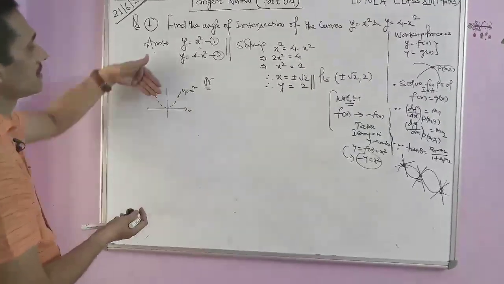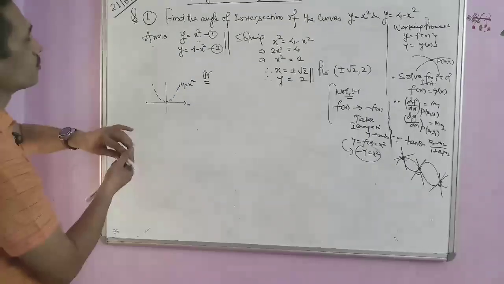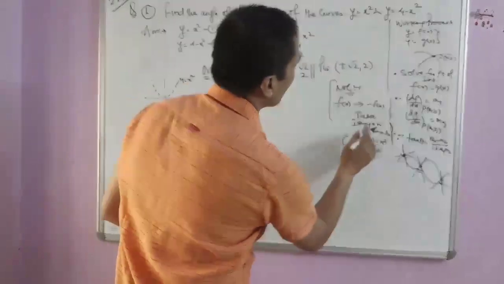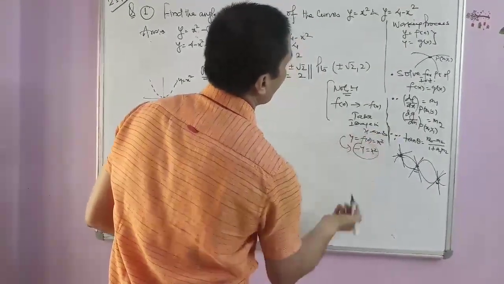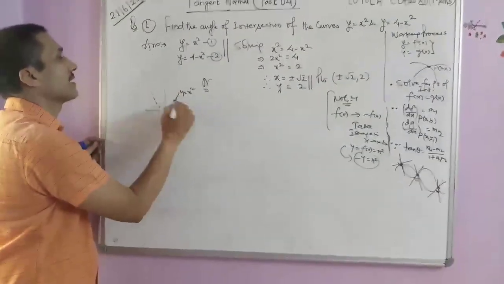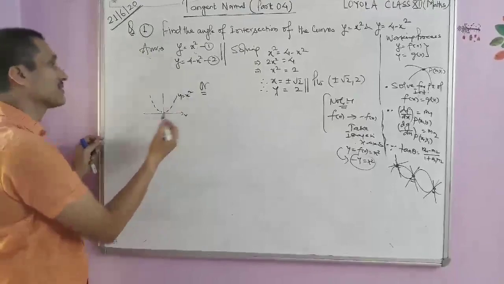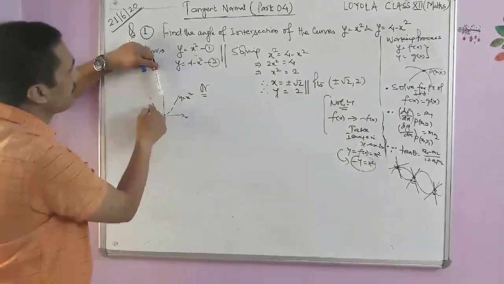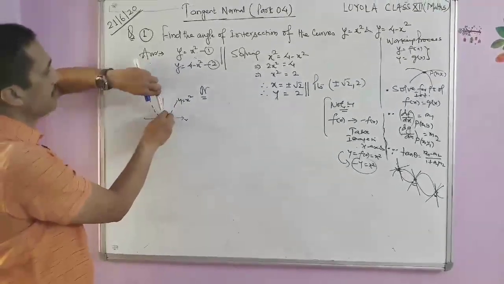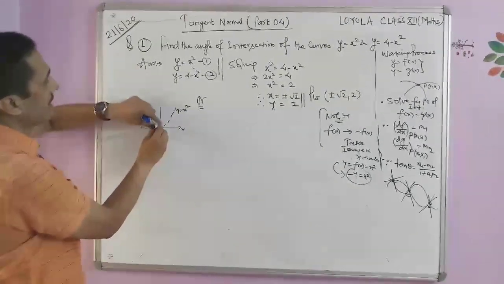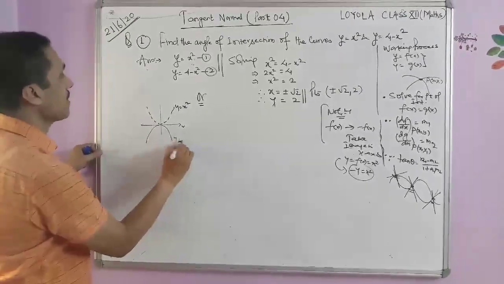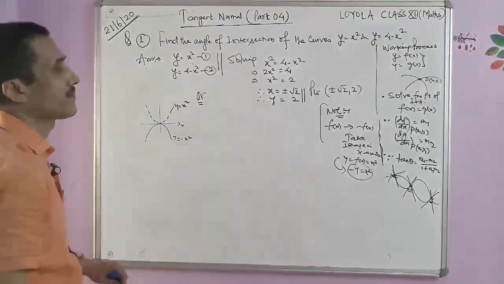We just rotate it through 180 degrees about the x-axis, that is, take the image in the x-axis. Here this is the curve y equals x square. If we want y equals minus x square, just rotate this graph about the x-axis through 180 degrees, that is, this is 90 degrees, again 90 degrees, and this is our y equals minus x square.